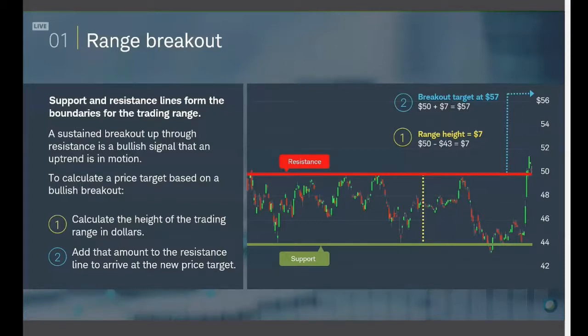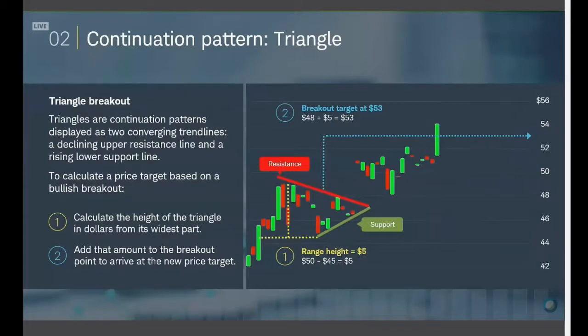Next, let's look at a continuation pattern. This one's quite popular. This is your triangle. Okay, the idea with a triangle, what's happening here is buyers are no longer as bullish. Okay, so they're not pumping it higher, but sellers aren't as bearish, so they're not dropping it lower. It's kind of forming this little line. Okay, and it's condensing, getting closer together. What's happening here is usually going to be a known event. So with these continuation patterns, you're generally butting up against a known event.